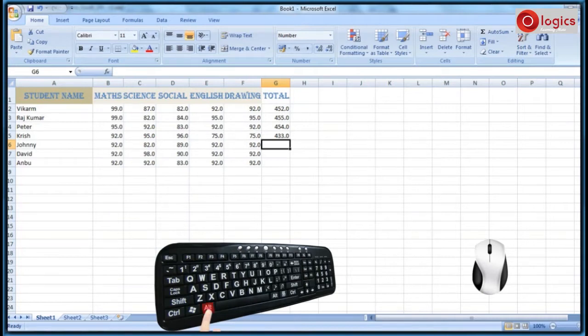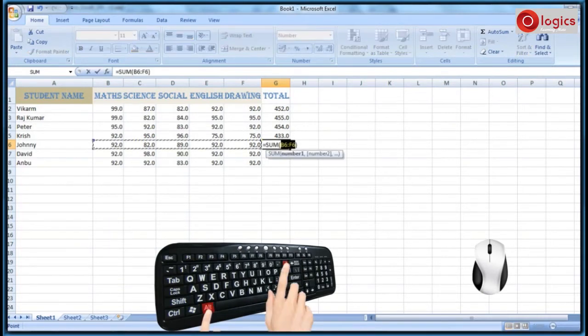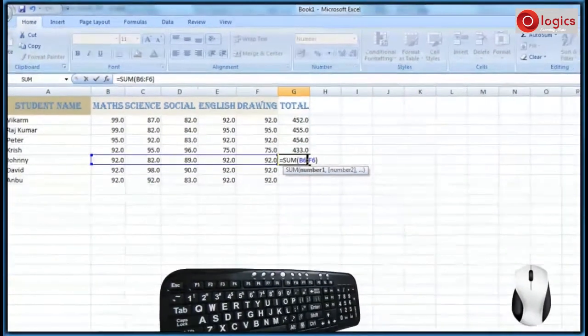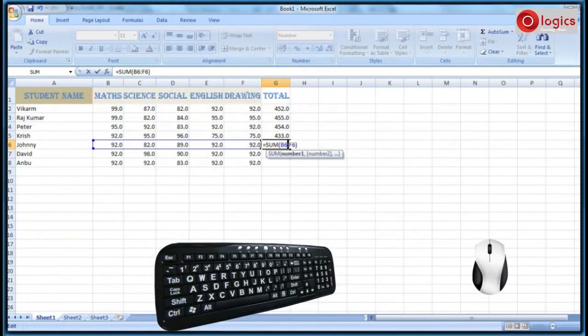Press Alt is equal to, the sum function appeared. This time it is calculating the sum from cell B6 to F6. Press enter to get the result.